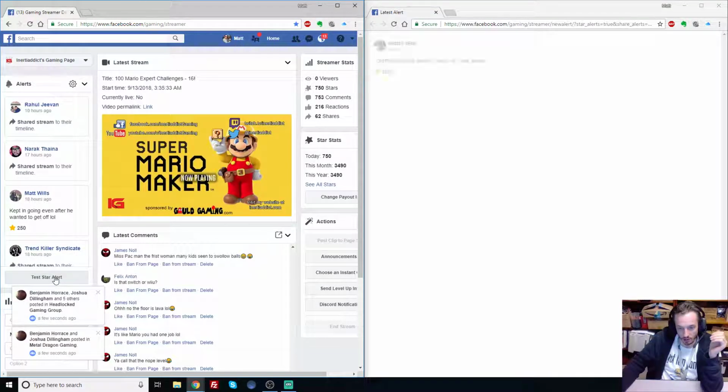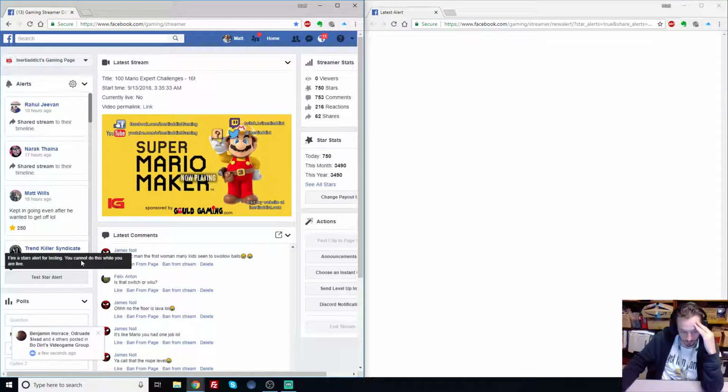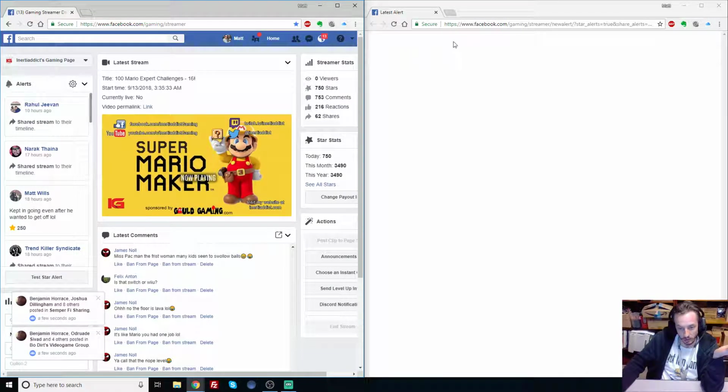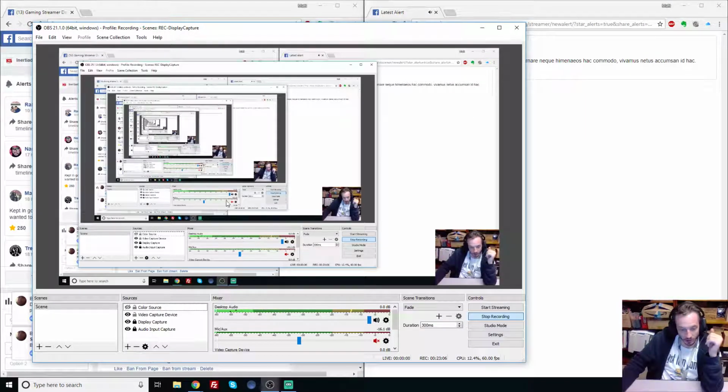and now we'll test our star alert, and there it is. It's junk text, but it's just a test, and there's the stars you would get by whoever would donate it. So the same principle basically applies, that you want to take this link, right, and copy this link, and then go into OBS